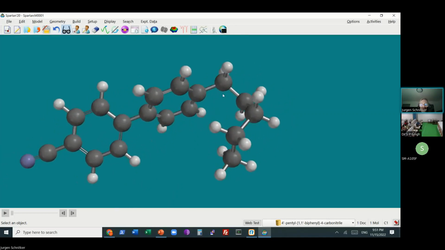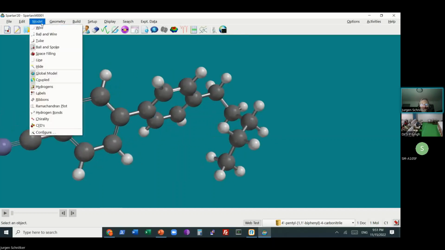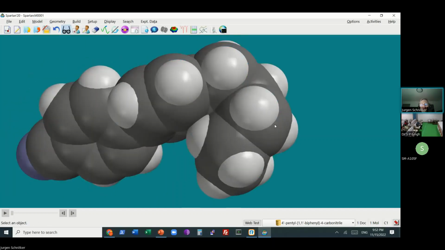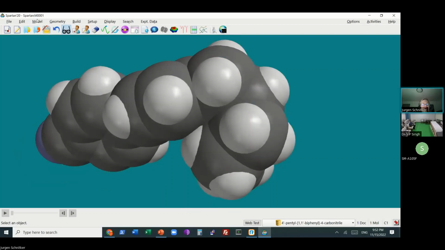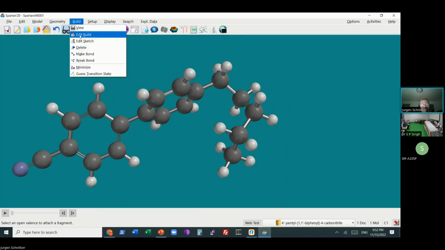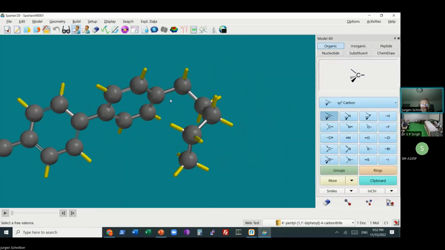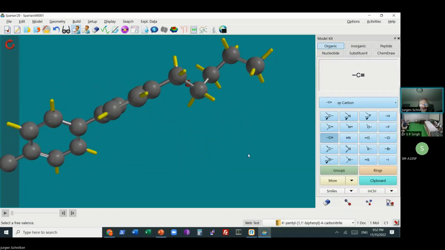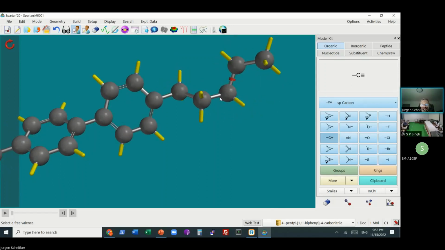If I go to the space filling style, here at the end of the molecule, this looks like a bad overlap. So I will go to ball and spoke. I can correct that manually. If I go to build, edit, and I'll select, oops, here. I will rotate around, sketch that. I could also have the program go through conformations, but here I do it sort of manually. Okay. And actually, I rotate this down and rotate this a little bit up.